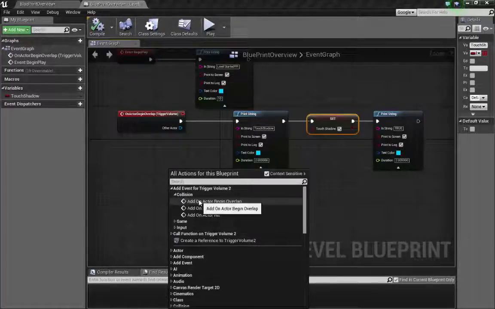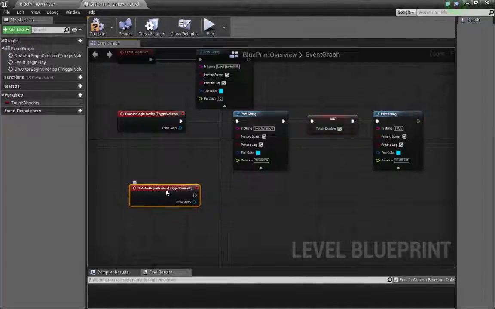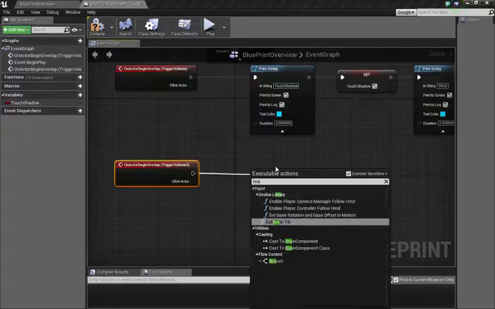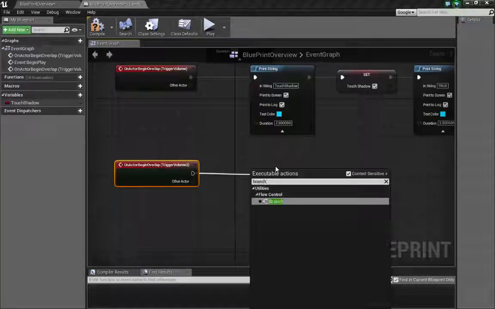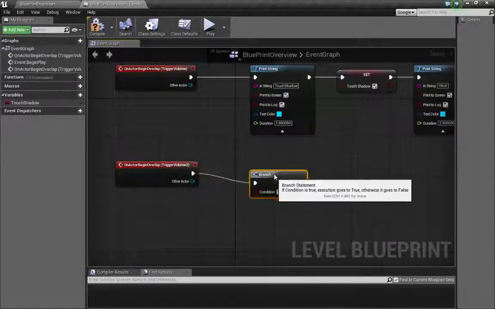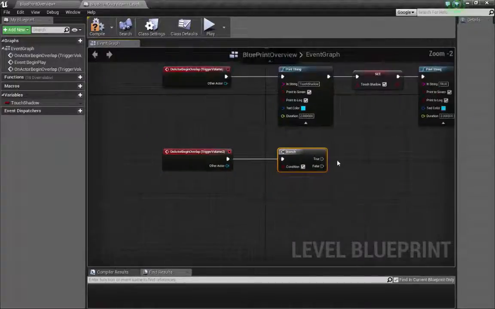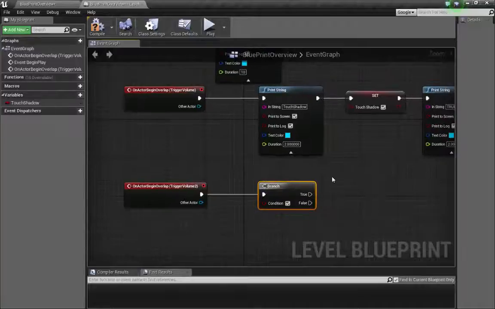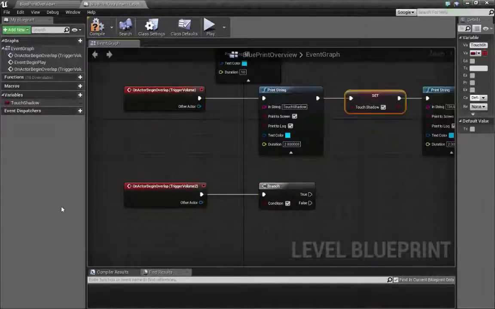When I touch this trigger, now I want to create a branch. And a branch is the ability to do the ands, ors, ifs for Unreal. And we do that with the condition. So my condition is if this bool is set to true. So if you've touched this and you've set this to true,